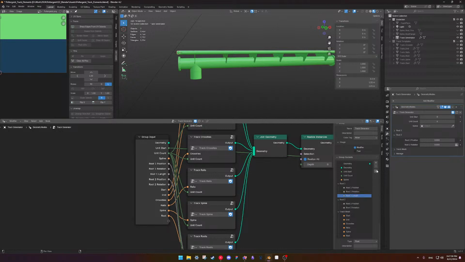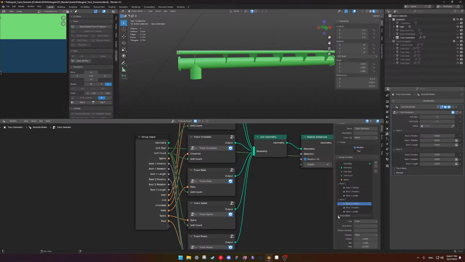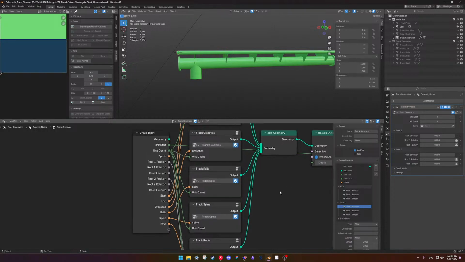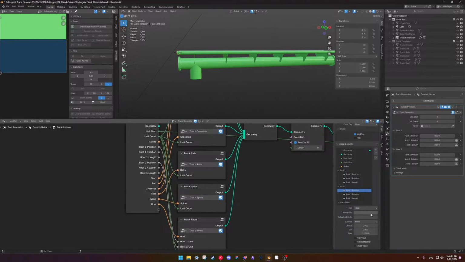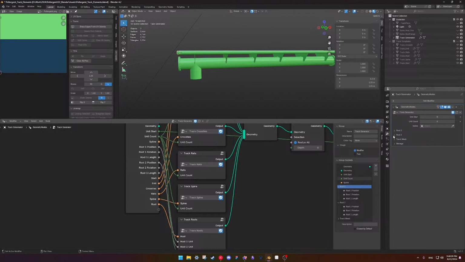Okay, and then we're gonna duplicate this one as well. Put it into here. Root 2. Yeah, let's make it closed by default.